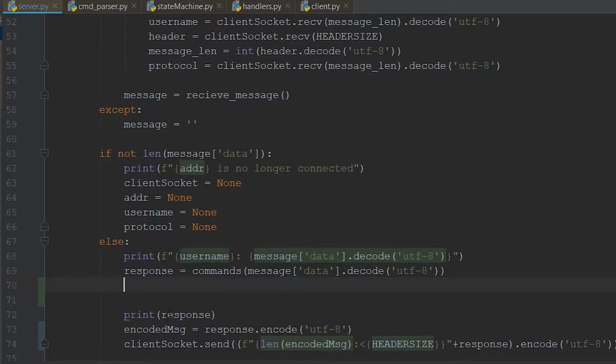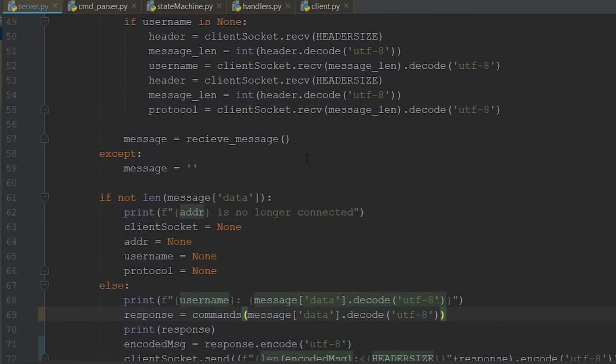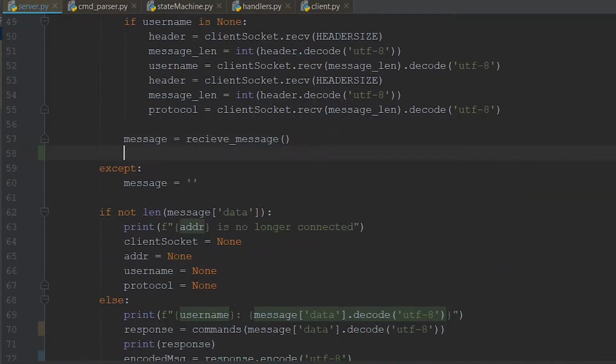What we actually need to be checking is the message that we get from the server, not the response that we get from other stuff that we have in here. So we need to be checking somewhere over here. Yeah, so I'll just check here. Remember, we're getting the message back as a dictionary. That's why we have to do this here. So I'm going to do the exact same thing. I'm just going to copy this whole thing, Control C. If message data.decode UTF-8,